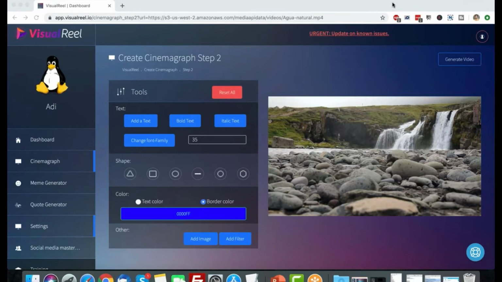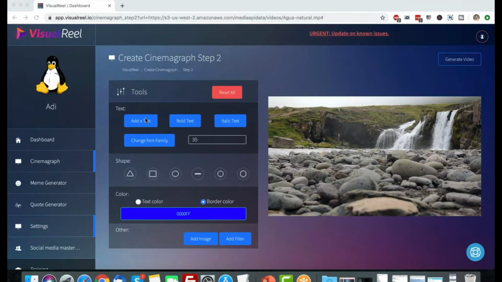Now, what I'm going to do here is start adding my message, okay? So let's say I want to add a text. So I click on add text and this thing appears. Actually, here's what I'm going to do. I'm going to add a bar here. So I can add these figures, these shapes. So I'm going to add a square. Click on it. I get the square. I'm going to drag this to the bottom right over here neatly.